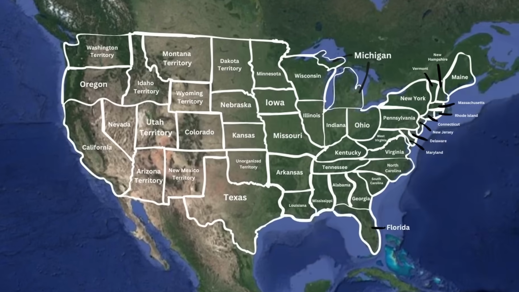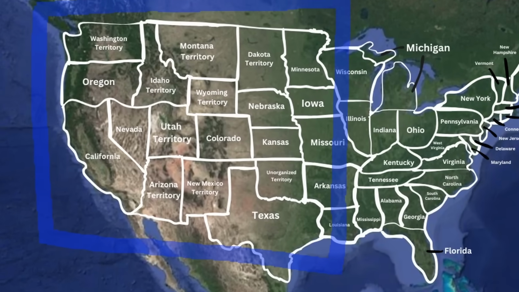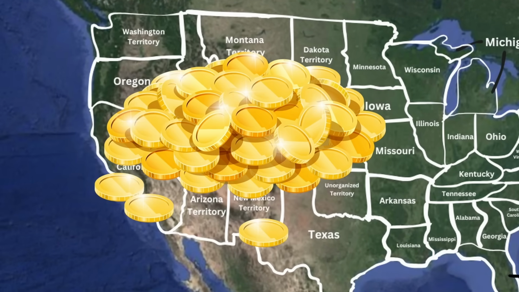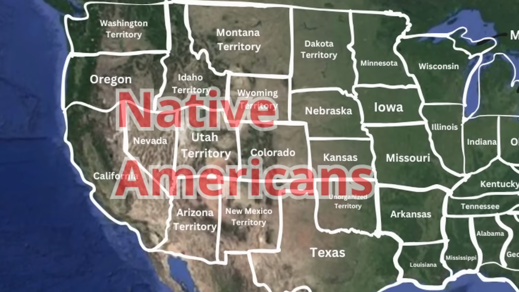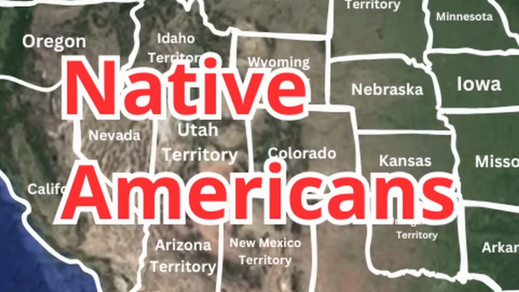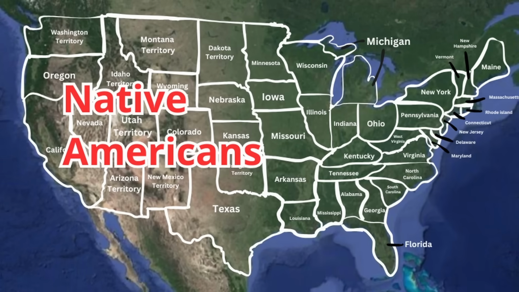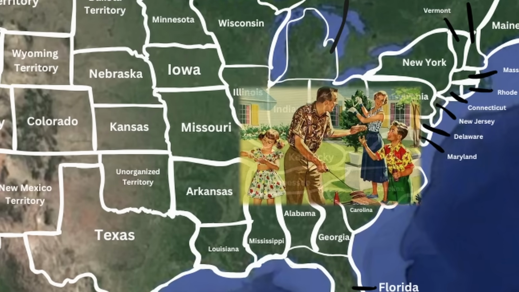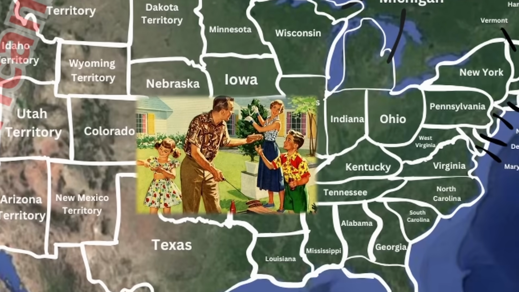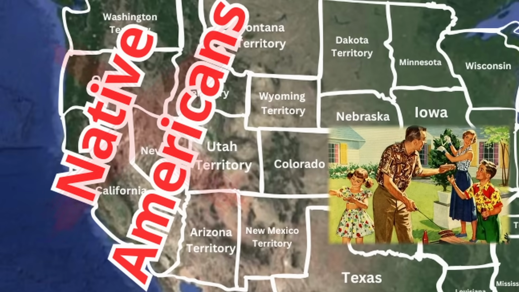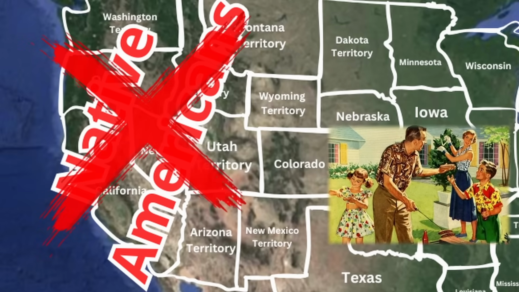Let's look at our standard US map. West. Well, what is west? Gold, obviously, right? No, I mean the people actually originally inhabiting the land. Yeah, Native Americans still exist, and they are still trying to live freely in the West. But by this point, Americans had so many incentives to move west that they didn't just ignore Native peoples, they actively despised them simply for living on the land.